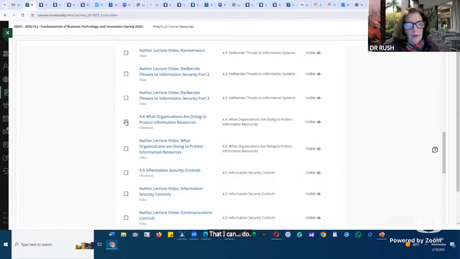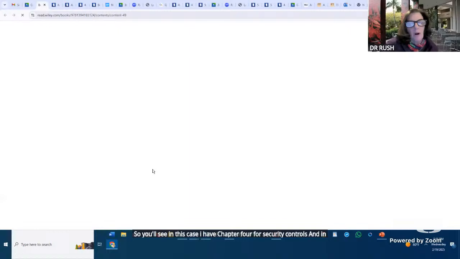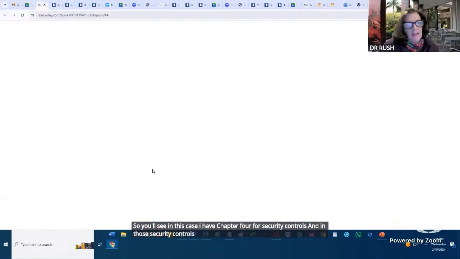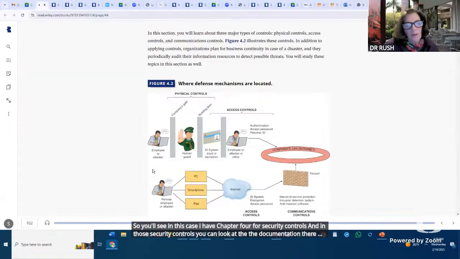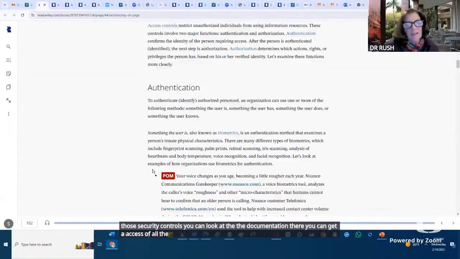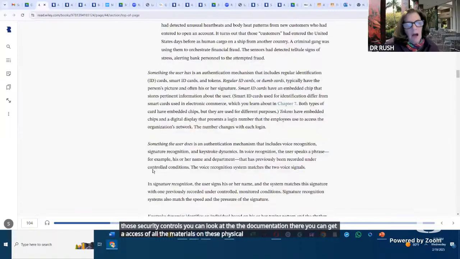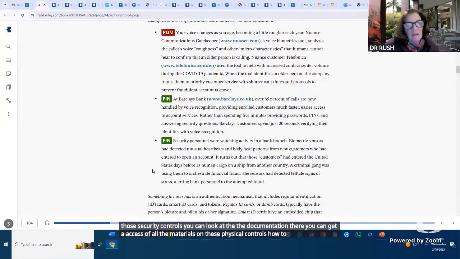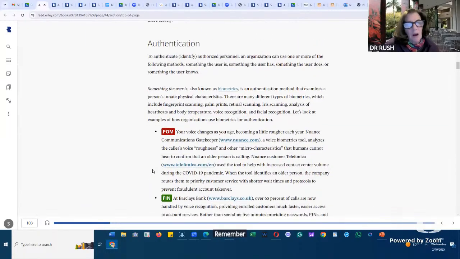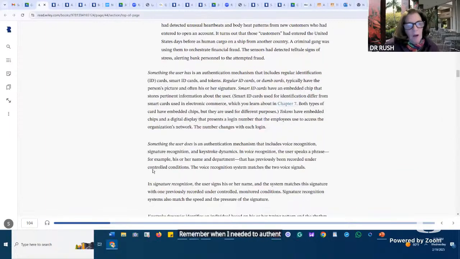So you'll see in this case, I have chapter 4 for security controls. In those security controls, you can look at the documentation there. You can get access to all the materials on these physical controls and how to authenticate. Remember when I needed to authenticate someone?